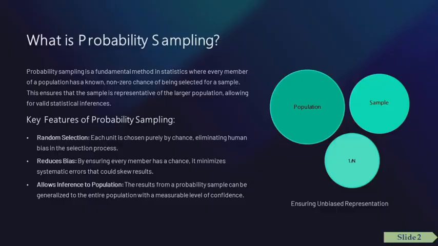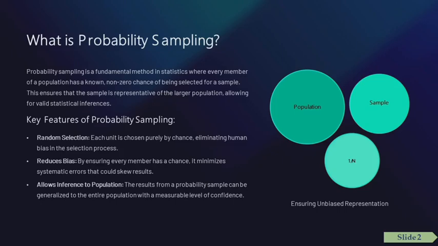What is probability sampling? Probability sampling is a core method in statistics where every member of a population has a known chance of being selected for a sample. This makes the sample representative of the larger population, enabling valid statistical inferences. Key features of this method include random selection, which eliminates human bias by choosing units purely by chance. It also reduces bias by minimizing systematic errors, and it allows inference to the population so results can be generalized